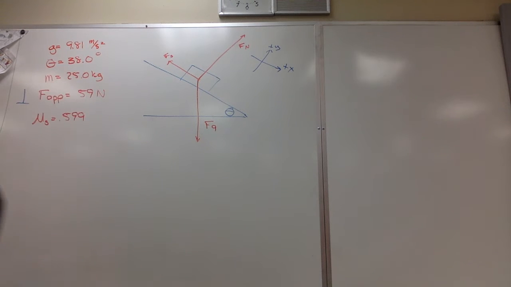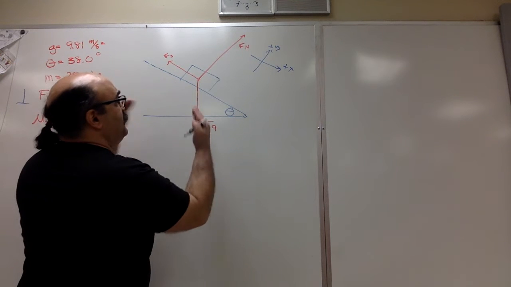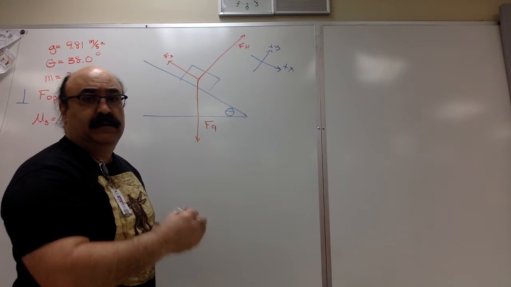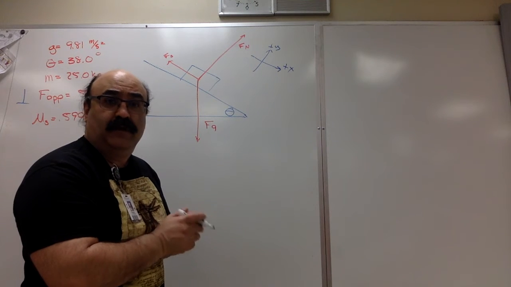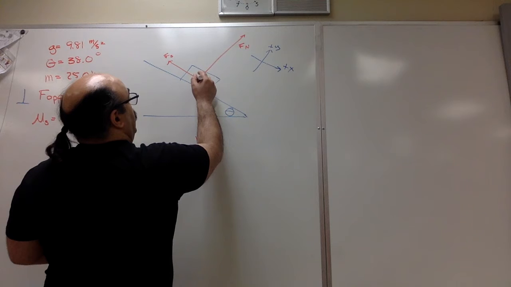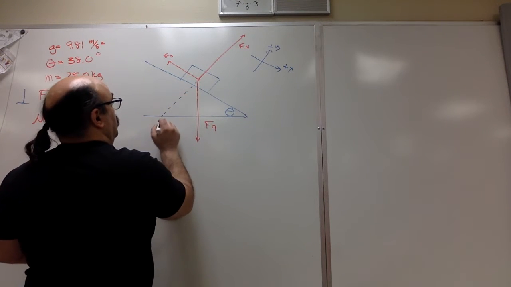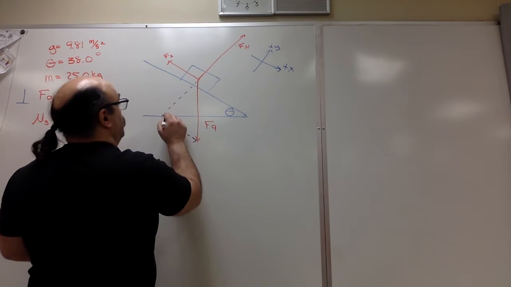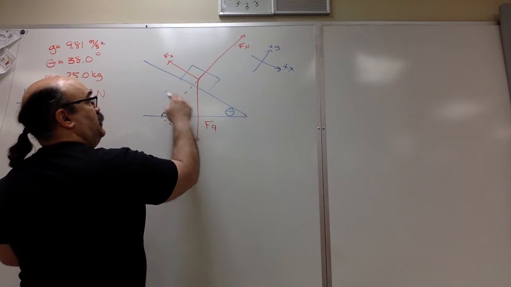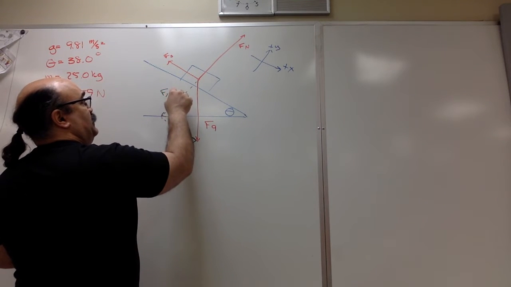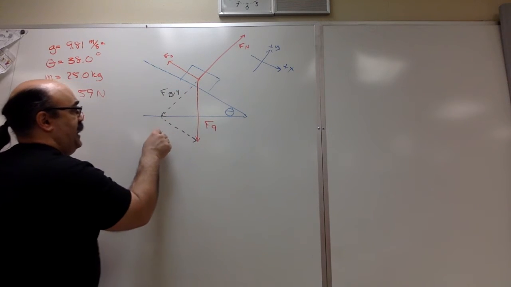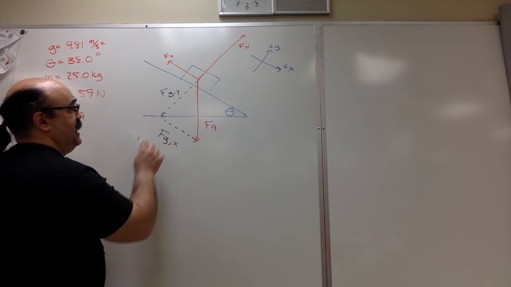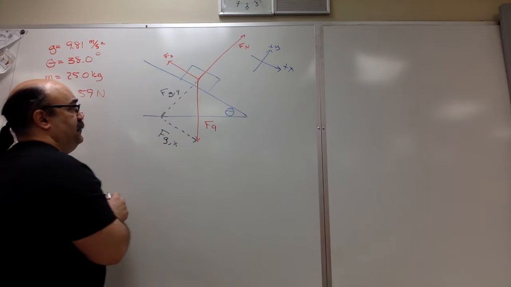Having done that, we have one vector that doesn't fall along the axes, and that vector we're going to break down into its components. It will have a vertical and horizontal component. Here we have the force due to gravity in the y direction. Here we have the force due to gravity in the x direction. This would be everything,